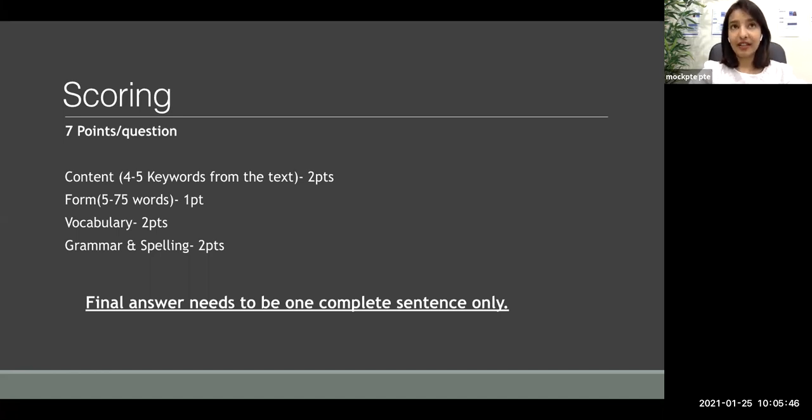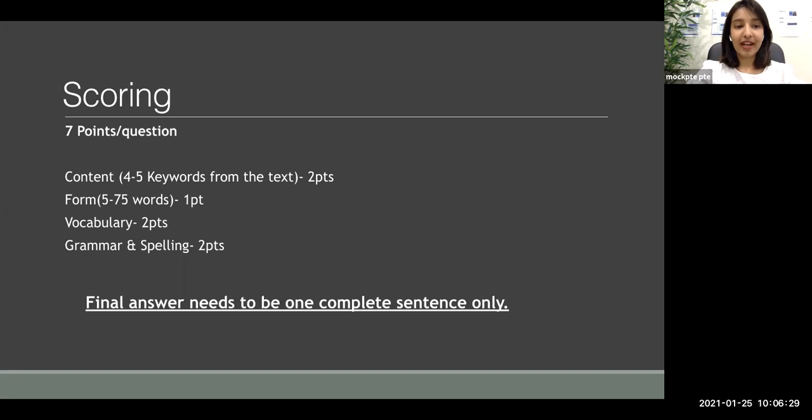Okay. And how do you identify keywords? Like I've mentioned in many other videos, keywords are nouns. Keywords are words which contain information in them, which contain the main idea, names of people, names of places, names of things, or important verbs. Not is, was, the prepositions and pronouns are not keywords. Words which contain information, words which represent something would be your content part. So make sure to include minimum 4 to 5 matching keywords from the passage in your answer. If it makes sense or not, doesn't matter to the computer, because computer doesn't understand the meaning of what you write. So make sure to include minimum 5 keywords to get the 2 points for your content part.